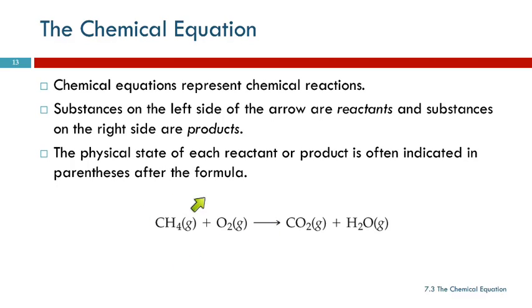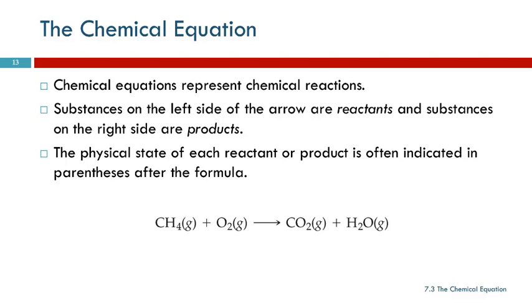And so these are the reactants. So here it's CH4 and O2. Those are reacting together. And after the reaction, we have CO2 and H2O. So the original substances are gone and new substances have been formed. These are the products. In parentheses, after each formula here is a letter, and that letter is indicating what state,